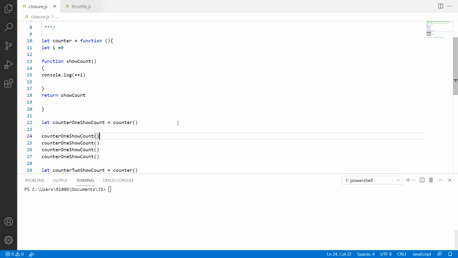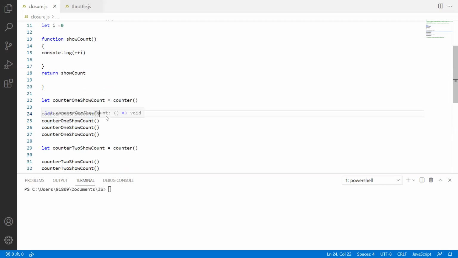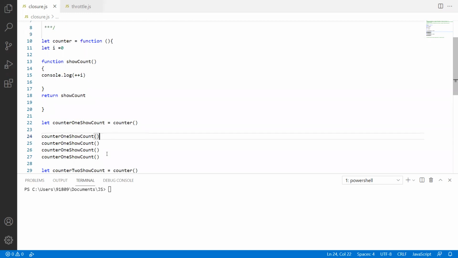In this scenario, if I call it the first time, it will have the value 1 because I will be incremented, and after that 2, and after that 3, and after that 4. Why? Because whenever we call this counter function, this I variable is attached to that instance, so it keeps incrementing. It has its own copy. That's why when we increment every time, it increments the same variable.